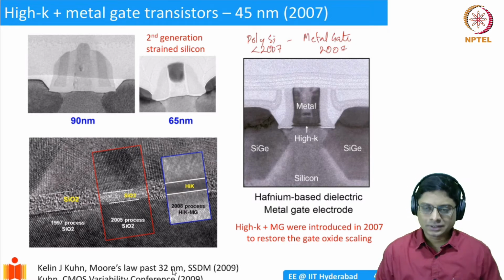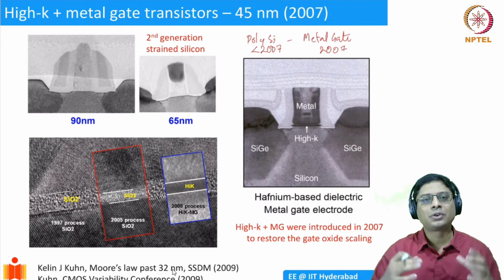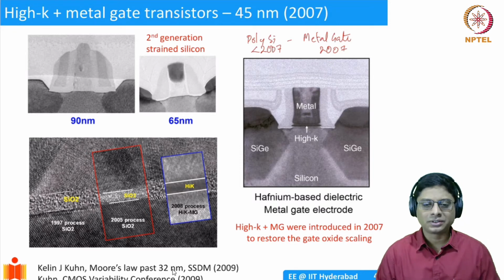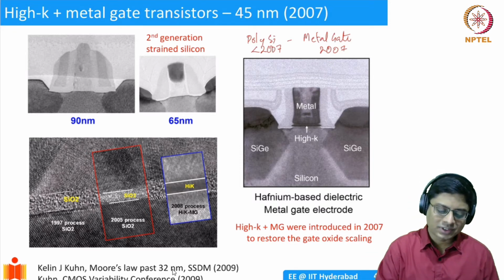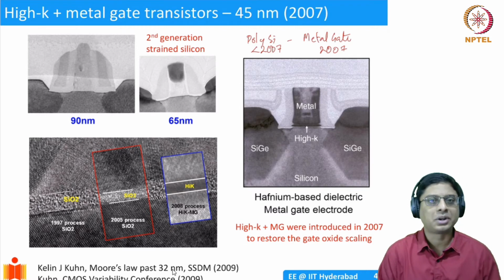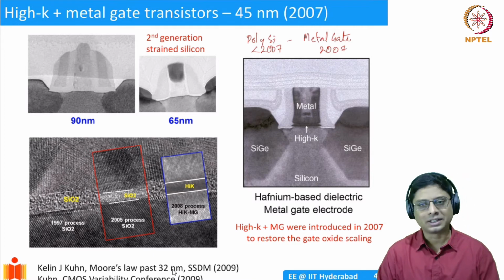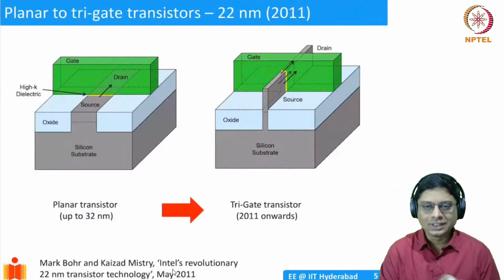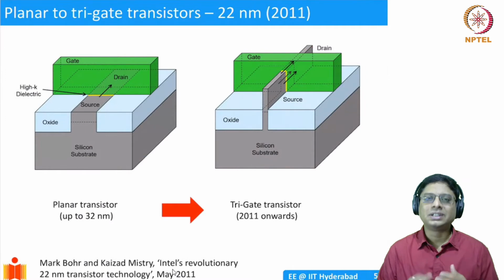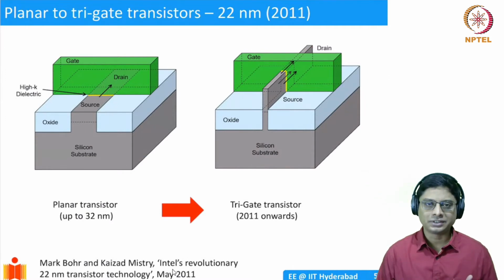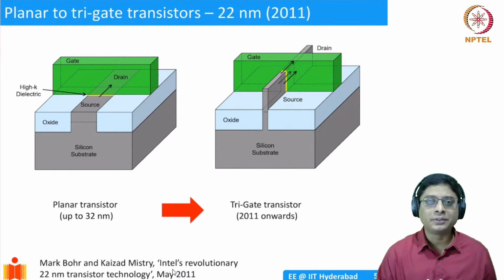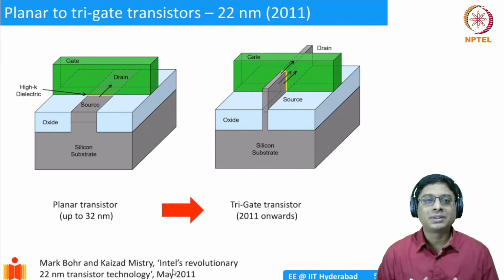Okay, and this was introduced to essentially restore the scaling of oxide. So you could continue to reduce the thickness of the dielectric and then increase the drive current. Okay, this was done in 2007. So we call these transistors high K metal gate transistors, and this is 45 nanometer technology. So if you bought a computer, let's say around 2008 or so, you probably would have bought a computer with a high K metal gate. Okay. So this worked for one more generation, but then it eventually became difficult to actually improve the drive currents any further. The reason was that if you look at the traditional technology, the ones that we have discussed so far, we call them planar transistors.